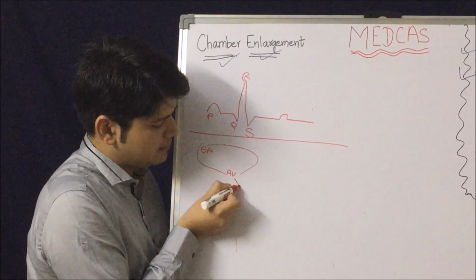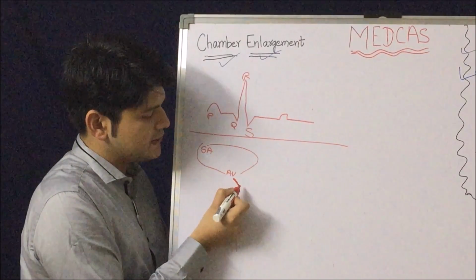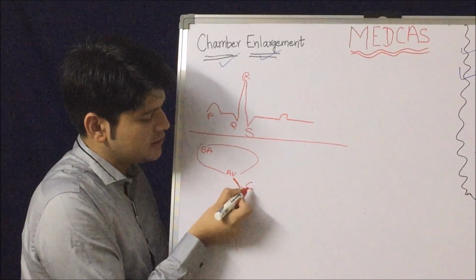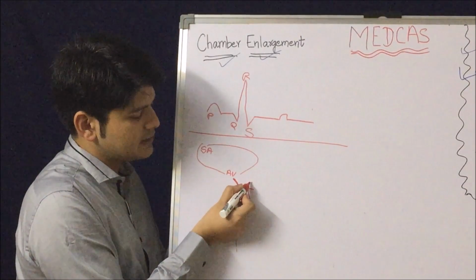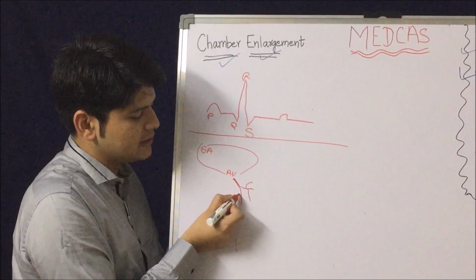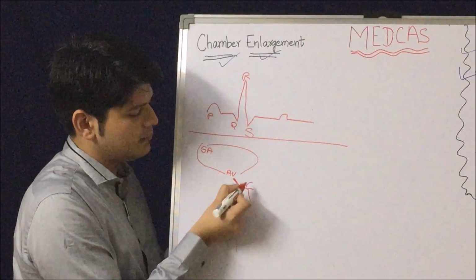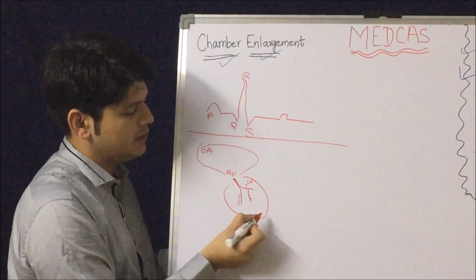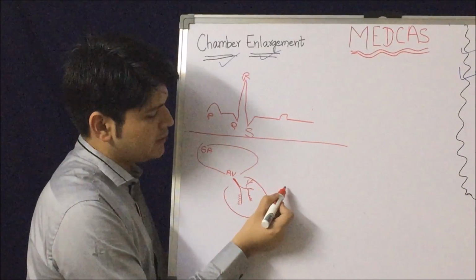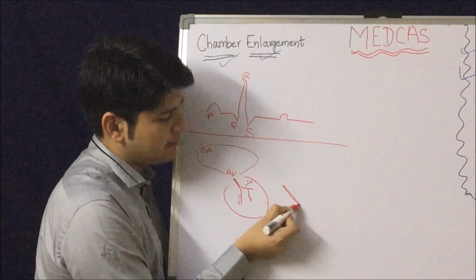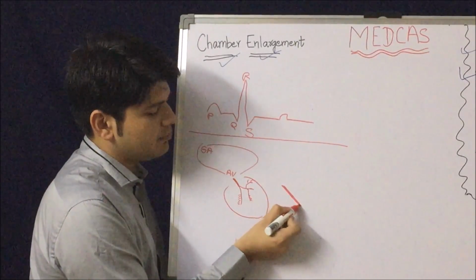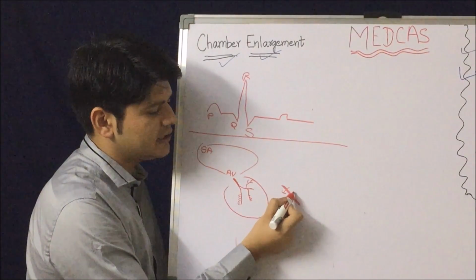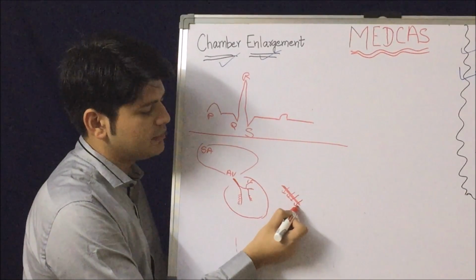After that, the next structure is the bundle of His. After the bundle of His, there is a left bundle branch and a right bundle branch. The left bundle branch has two fascicles, posterior fascicle and anterior fascicle. Now the posterior fascicle, anterior fascicle and right bundle branch will give fibers to the Purkinje fibers, and that will lead to depolarization of the LV as well as the RV. Okay, but in this event the first thing to get depolarized is the interventricular septum. Now in this interventricular septum, the direction of depolarization is from left to right.